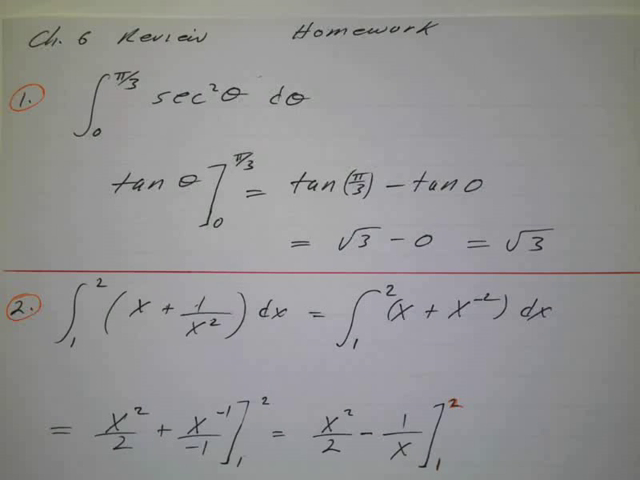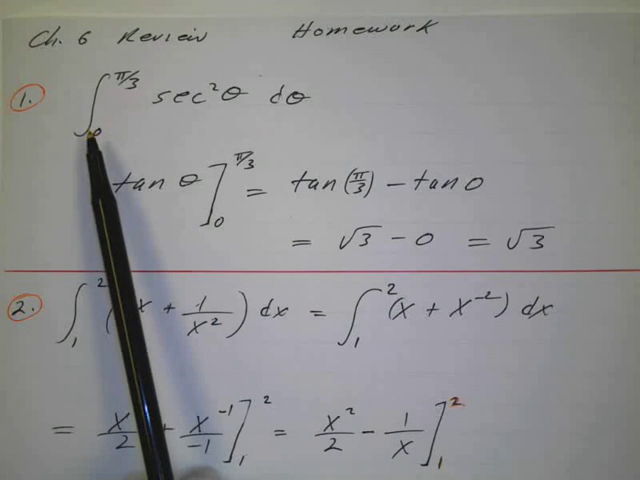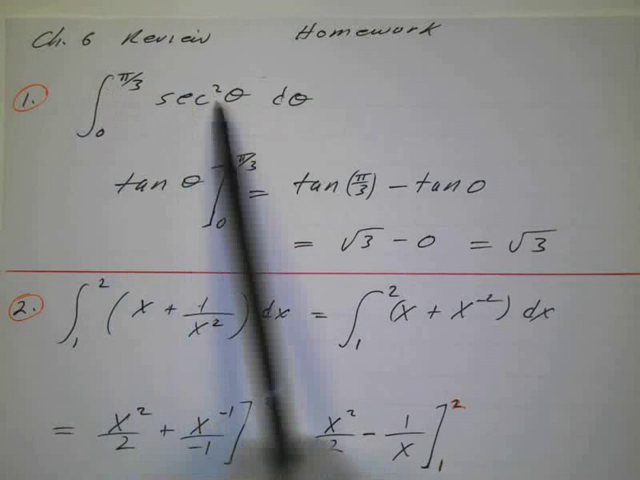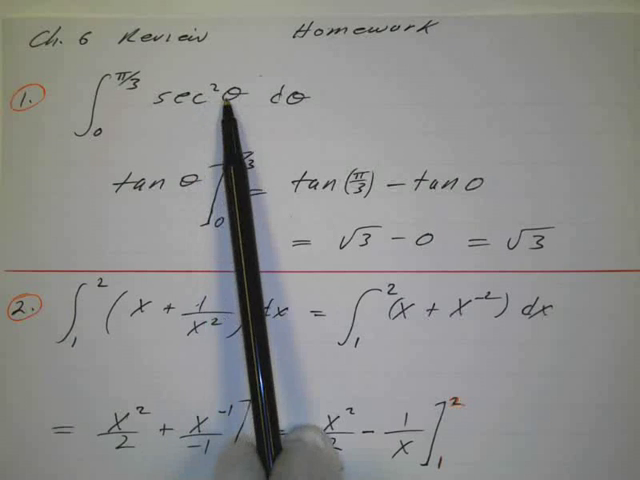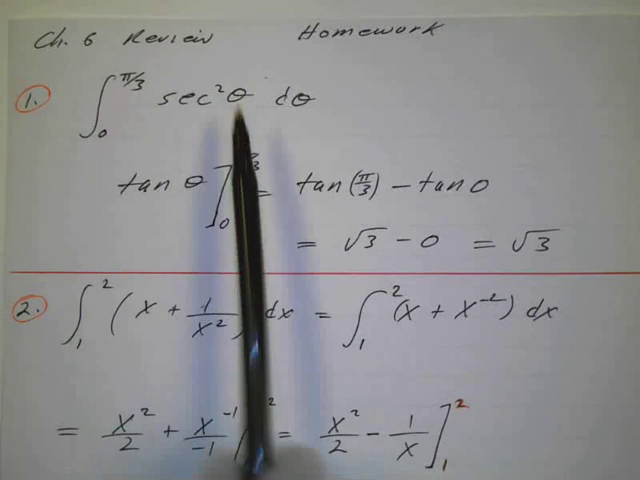Okay, these are some problems from the Chapter 6 review and just some antiderivatives or integration here to deal with. Number one, these are definite integrals, so we're going to integrate from 0 to pi over 3 of secant squared theta d theta, and that's pretty easy